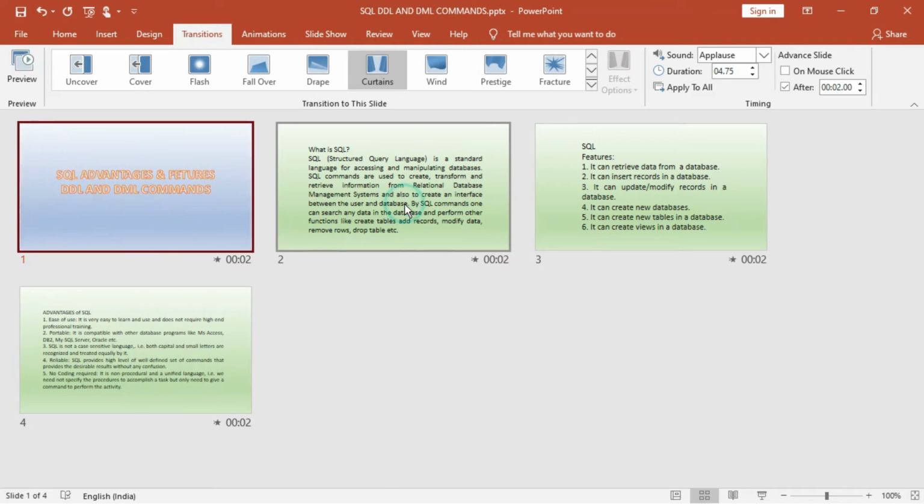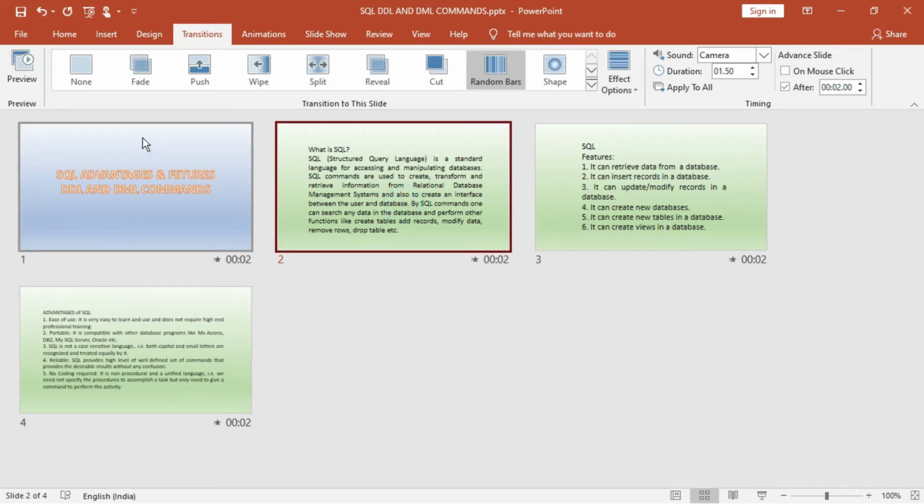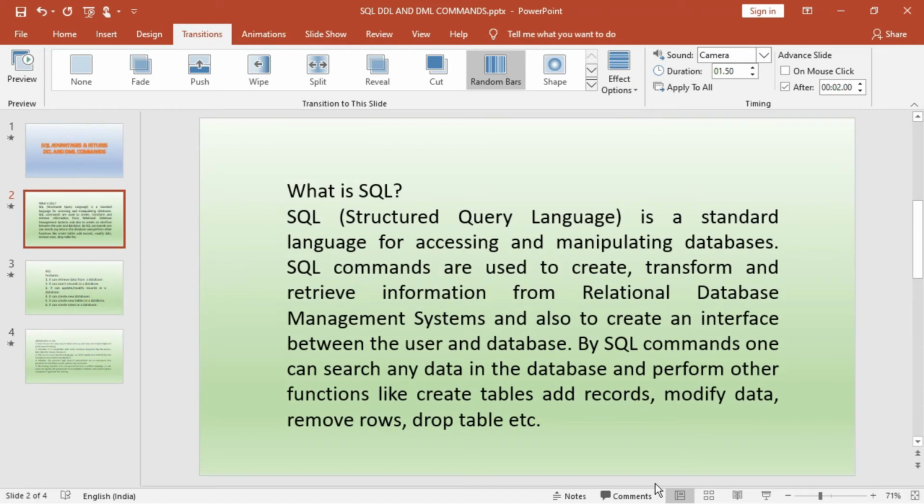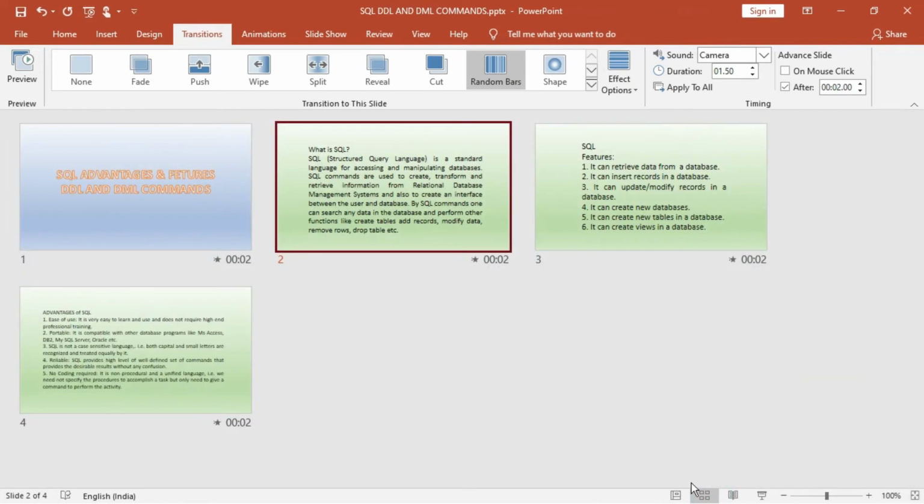All right, now you check out. Okay, this one also. Come over here. This is the slide sorter view. Okay, so if you want to go back to the normal view, you have to click over here, and from here, if you want to go to the slide sorter view, you can go there. Slide sorter view is what? It is actually the miniature of the slides can be seen. That is actually been used in order to preview. But if you want to insert something or add anything in the slide, you have to take help of the normal view.